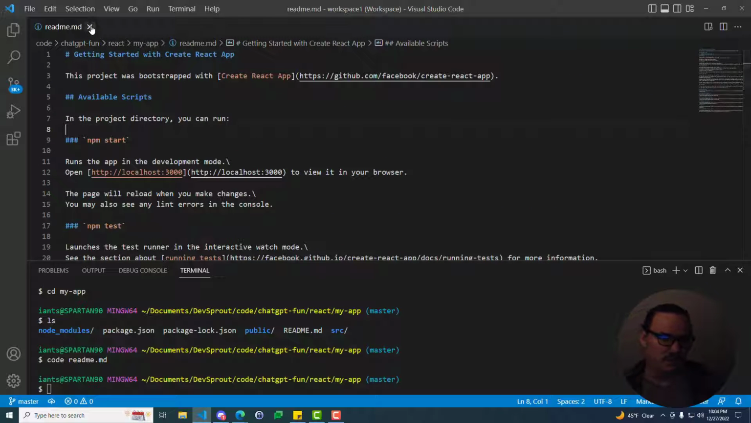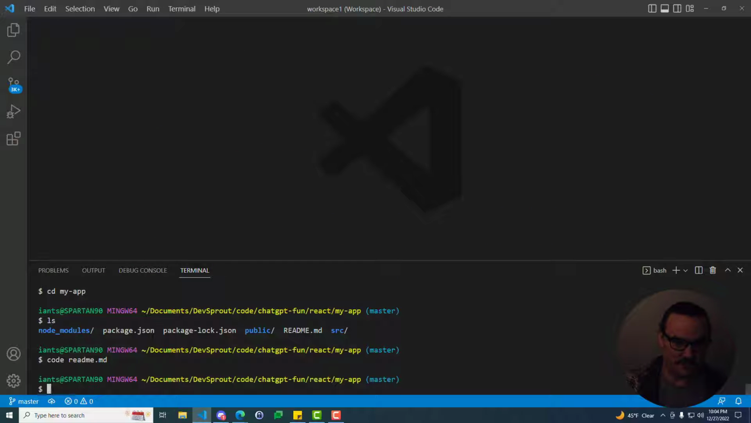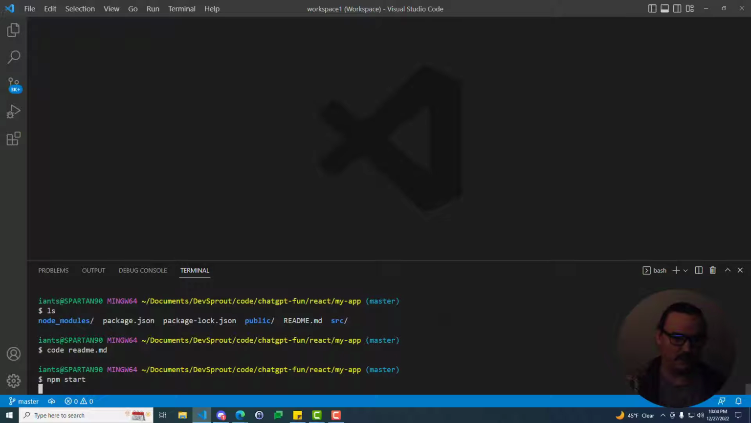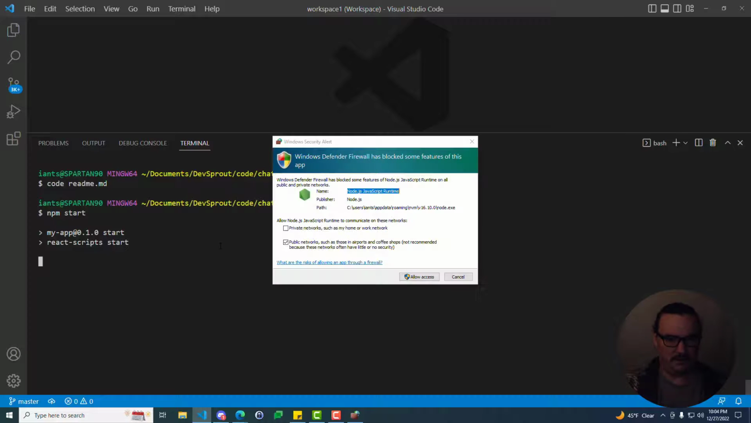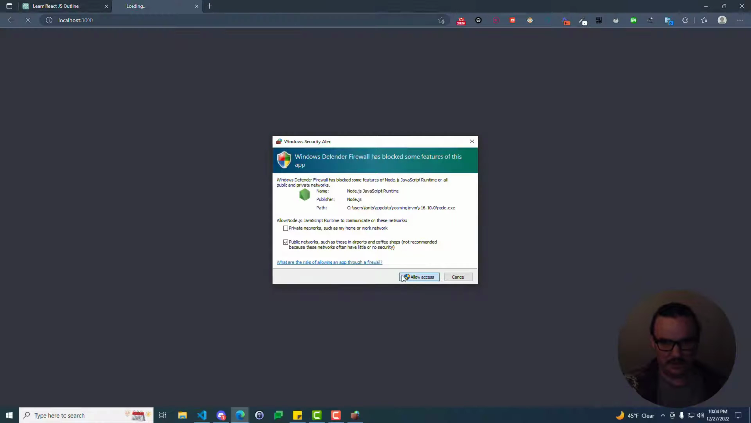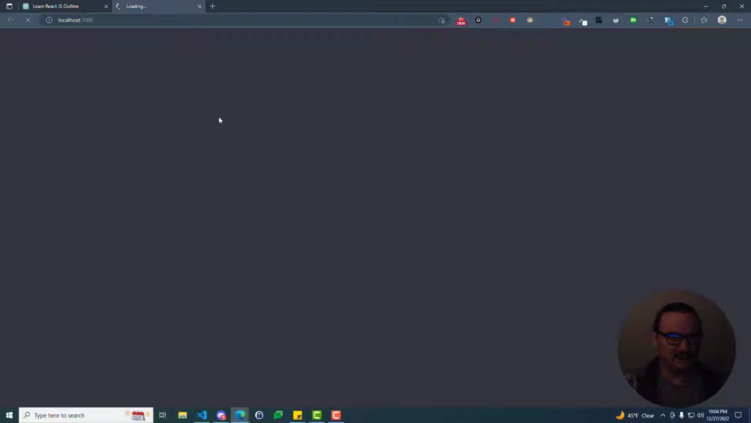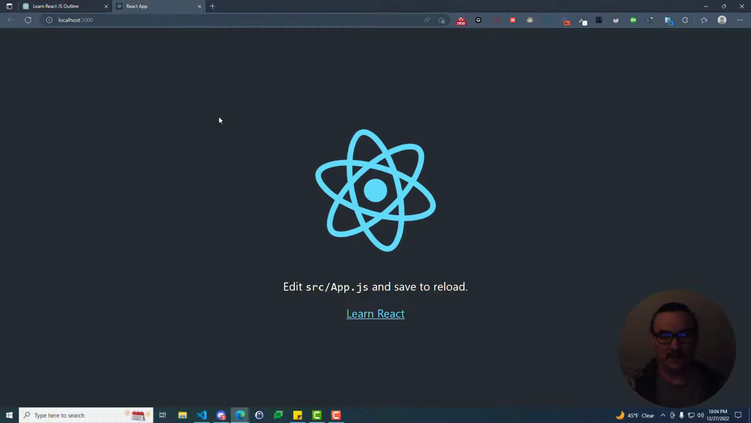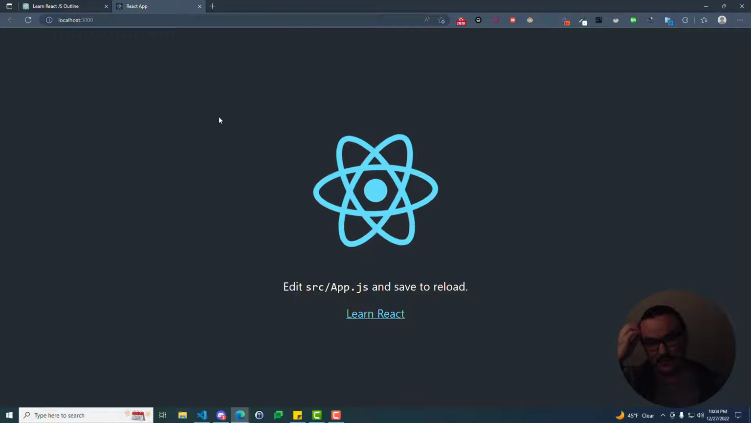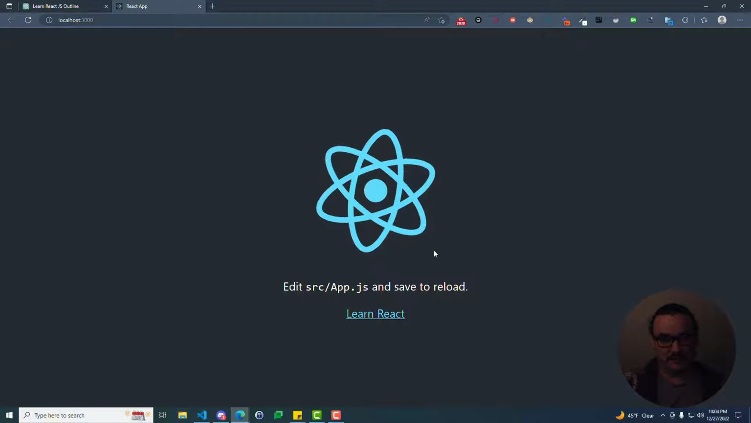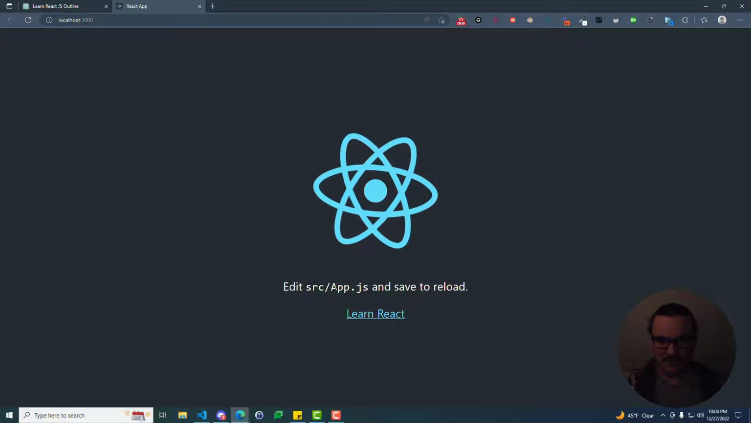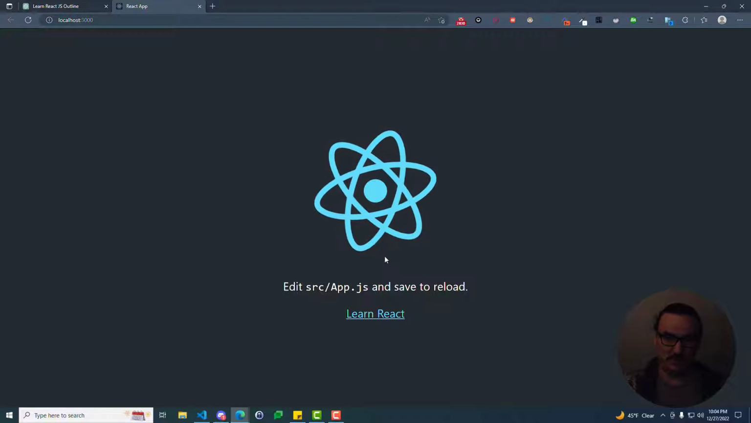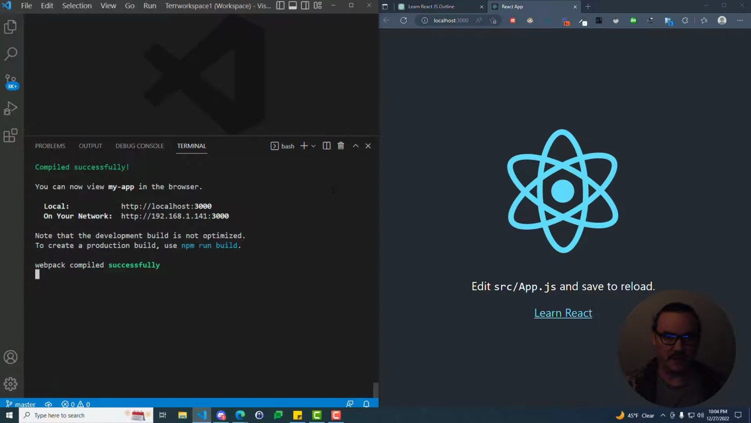All right, cool. So npm start is what we're looking for. So we'll run that command, and I'm going to allow access here, and it automatically opened localhost 3000, and it looks like it has an example component. So you edit source app.js and save to reload. So we'll go ahead and open that there,